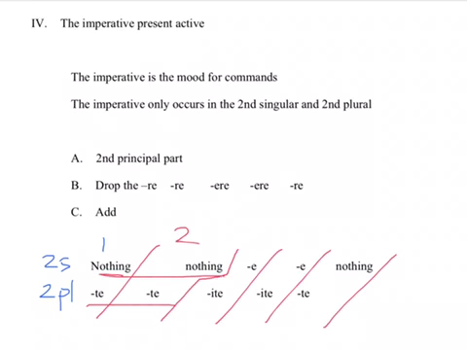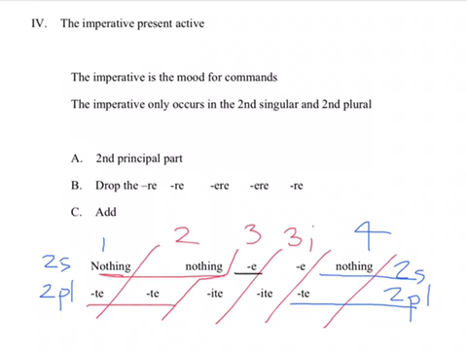Note also that in the fourth conjugation, you add nothing for the second person singular, and you add te for the second person plural. Often the first, second, and fourth behave like each other. And then, as I've mentioned, the third conjugation and the third i often behave like each other. For the third conjugation, you add e for the second person singular and e for the second